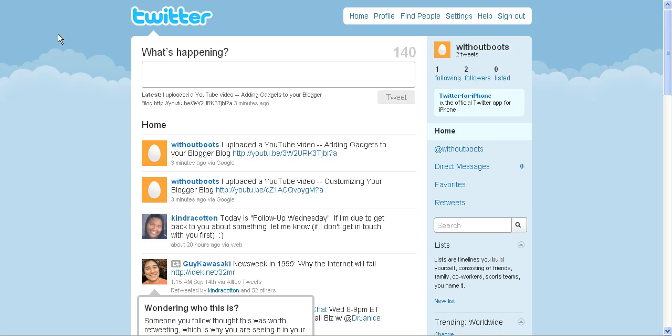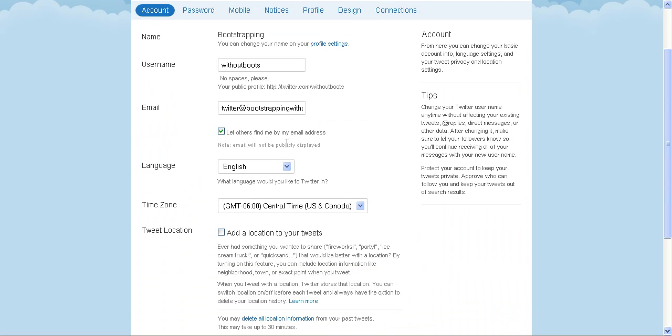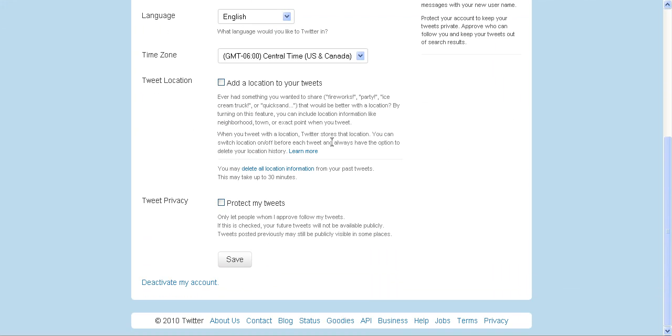Let's do a little quick customization with Twitter. Right now everything we have in Twitter is set by the default settings, and we're not really building a list right now. We're just showing you what's available in Twitter when you first start off. So what I want to do is go to the settings and make them work for me. Looking at the original account settings, these are things that I don't really need to change